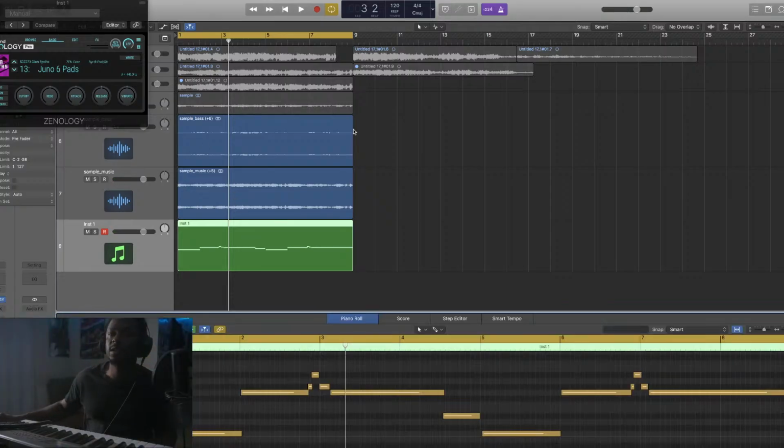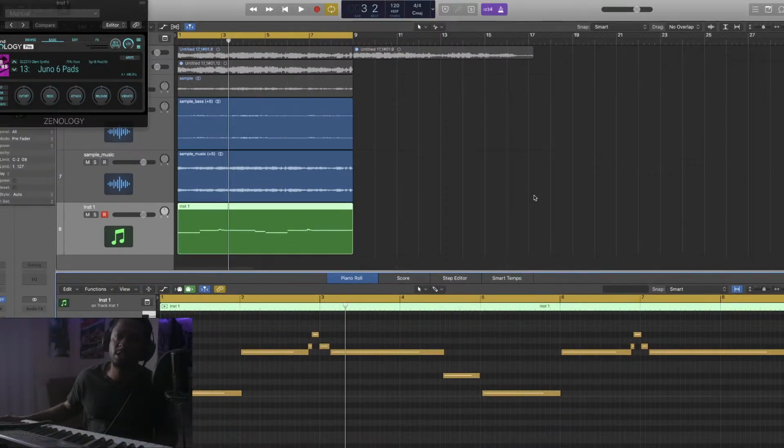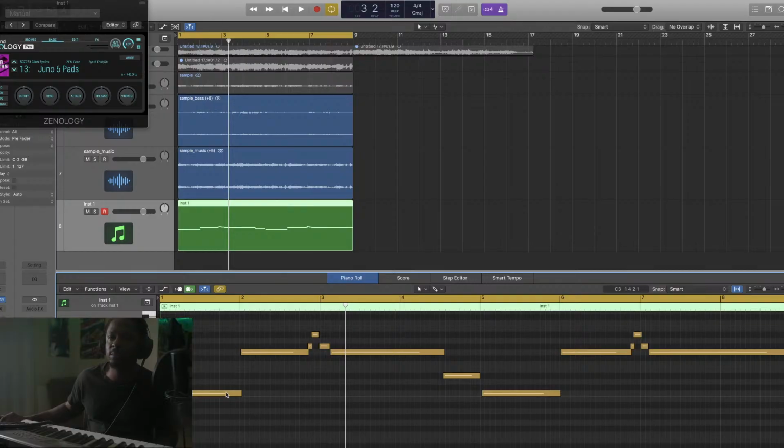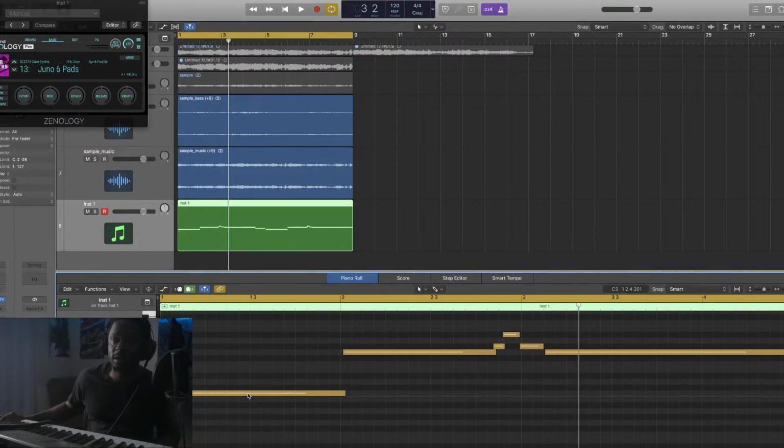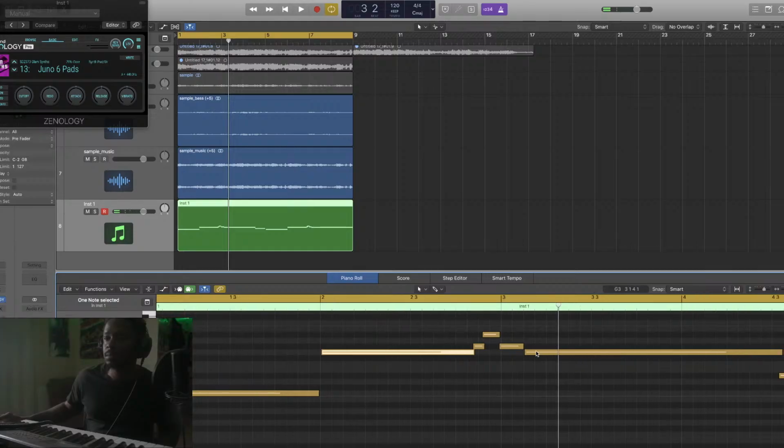I wasn't expecting to use them damn pads like that, but it's always a possibility you can go through and change the sound. But of course I'm finna manually quantize shit. I want it to be on beat, man. I want the shit to be on beat, but